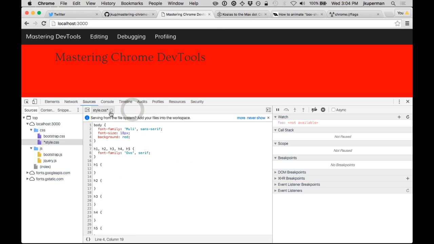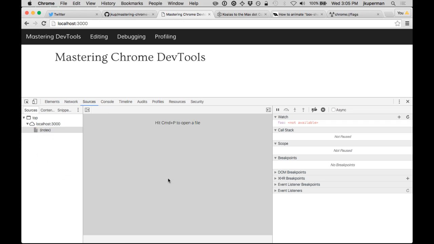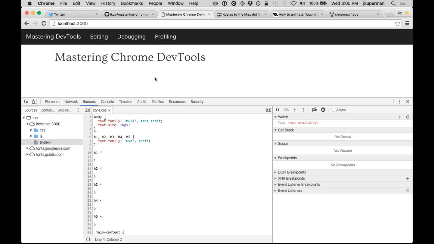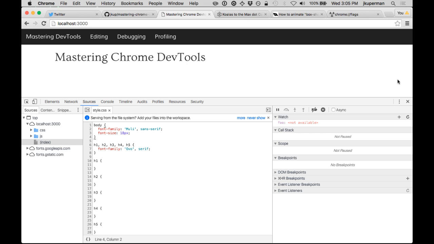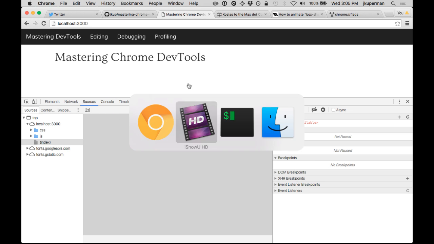So one thing that's really neat about it though, you'll notice real quick, if you make these changes and then you refresh the page, they're gone, which can be kind of frustrating. So one thing that's really neat is that they really encourage you now to serve these assets from the file system, which I love. So the basic idea is you can close out everything, and then you can go into